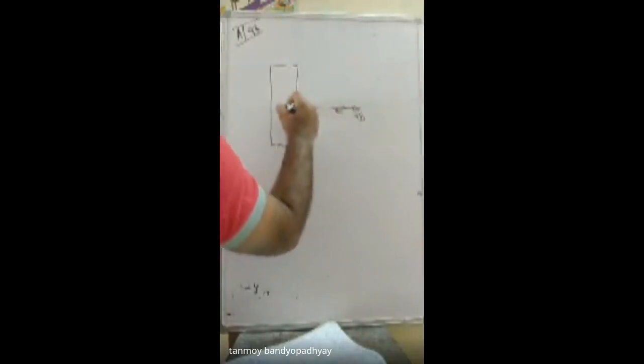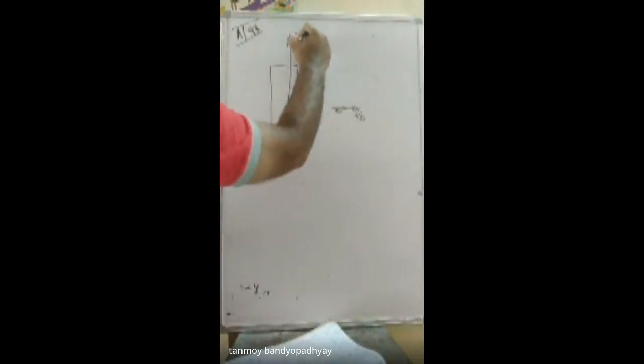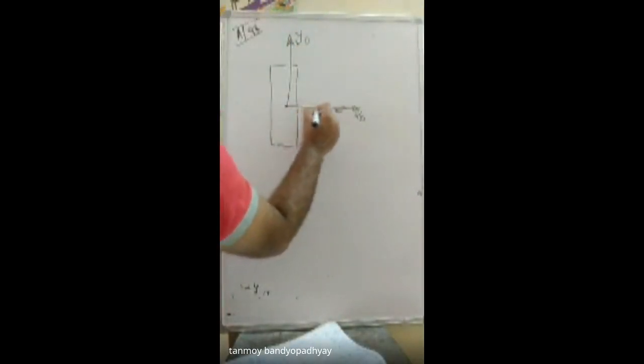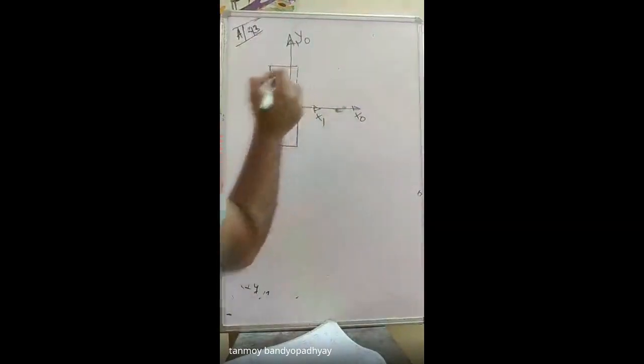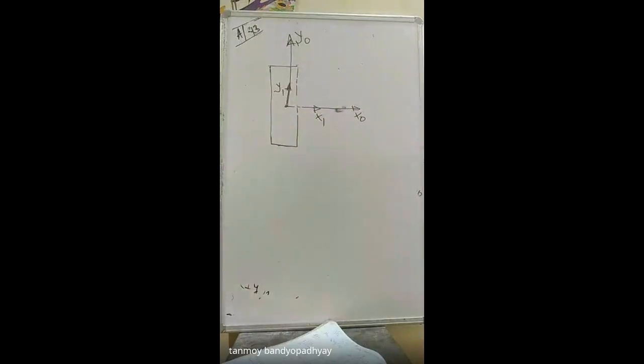So this one is x0, this one is y0, and if I take a local coordinate system, let x1 y1 be the local coordinate system for element number 2. So I hope for element number 2 you don't need to apply the parallel axis theorem for either the x or y axis, because for element number 2, x1 is collinear with x0 itself. That is why element number 2 is much easier.